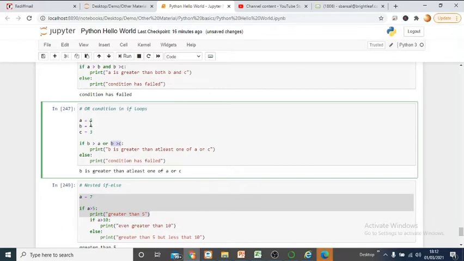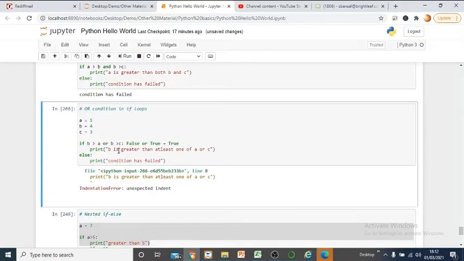So is b greater than a? No, so this is false. Or is b greater than c? Yes, it is true. So here we are having false or true, and false or true is equal to true. True means we are going to go in this section.